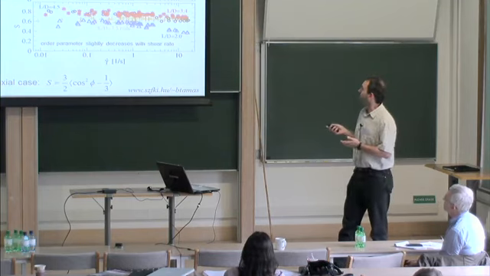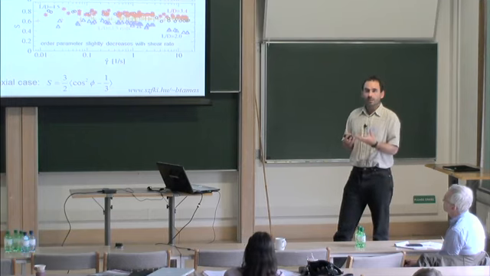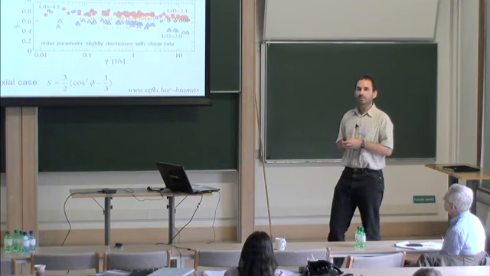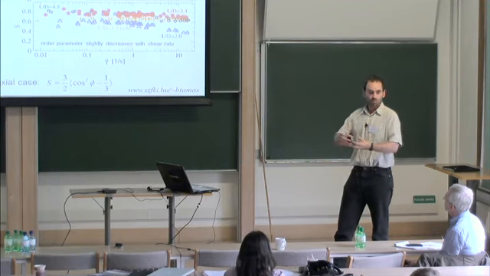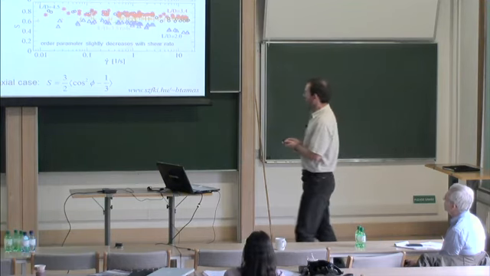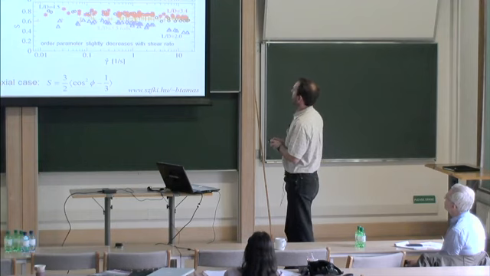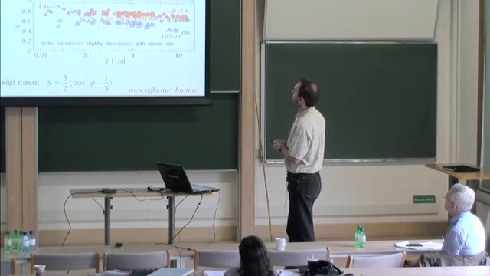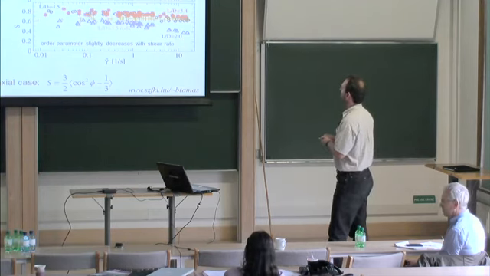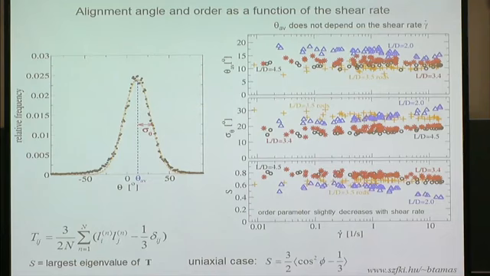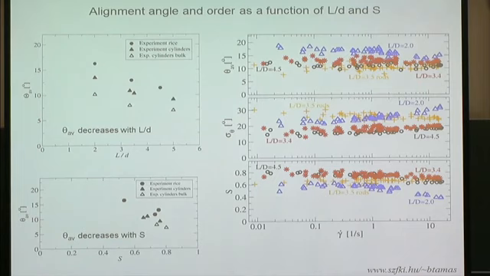So it shows that the origin of this shear alignment is really related to the grain shape. If we go to the ordering, the order parameter again seems to be, in the first approximation, independent of shear rate. Maybe you can note that it slightly decreases with shear rate. So now, as we have a shear rate independent